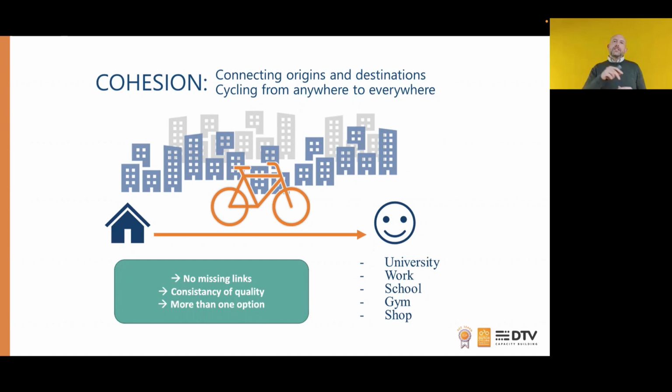In these networks, especially the more strategic corridors or the principal networks, we really want to provide a consistency of high level. And high level is, of course, relative to each situation. So consistency of quality, and through a networked approach, we want to offer the cyclist more than just one option. Of course, that's perhaps easily said from the point where I'm at in the Netherlands, but still, start with a link, but plan for a network. Your network should be perhaps your ambition, and step by step make this.